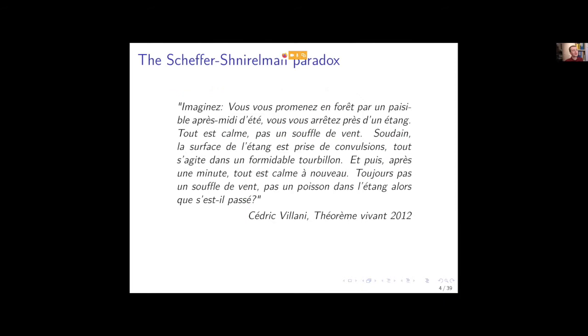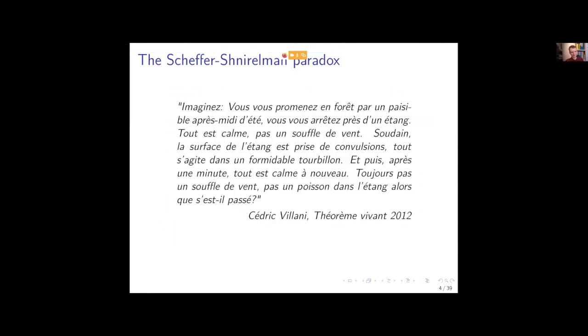Here we have Cédric Villani for the French-speaking of you, who describes in accessible terms what I'm going to describe in technical terms. What he's saying here in French is, very interestingly, the Euler equation describes water that is completely still at first, and then suddenly there's a big wave, like in this amazing picture, and then suddenly everything is very calm again.